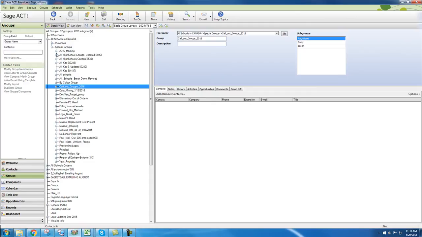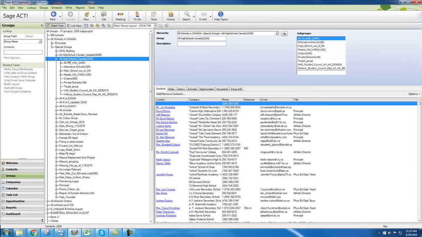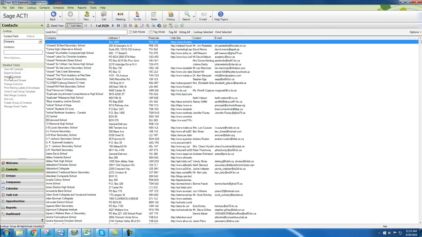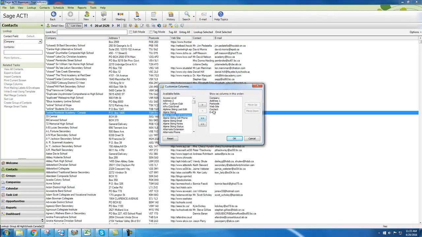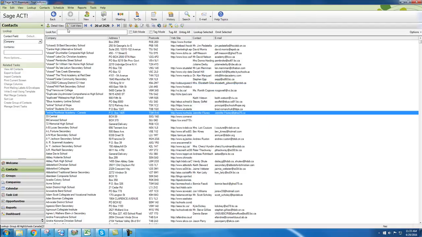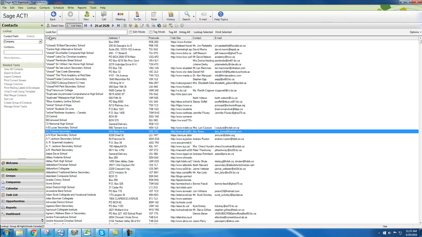So if you were to actually click on one of these groups and just go in, for example, All High Schools Canada, it would bring you to a list view where you're able to choose what columns you would want to see. There's about 60 sports and 60 club groups that we have, from baseball, badminton to table tennis, anime club, and so on and so forth. If you want to get a more detailed view of the school, you just have to click on detailed view or double click on the company or school,